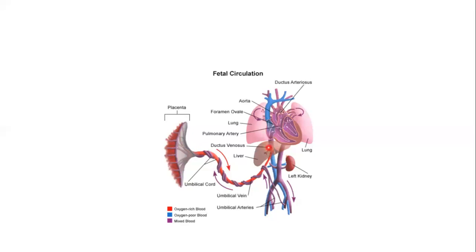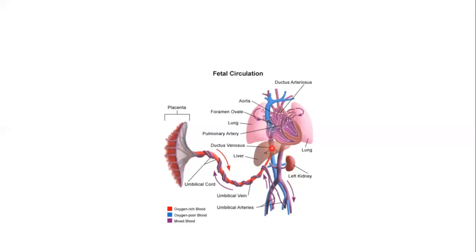A little amount of this blood is going to supply the hepatic system, which is the liver, through the vessels we call the sinusoids, while much of this blood is going to go through the